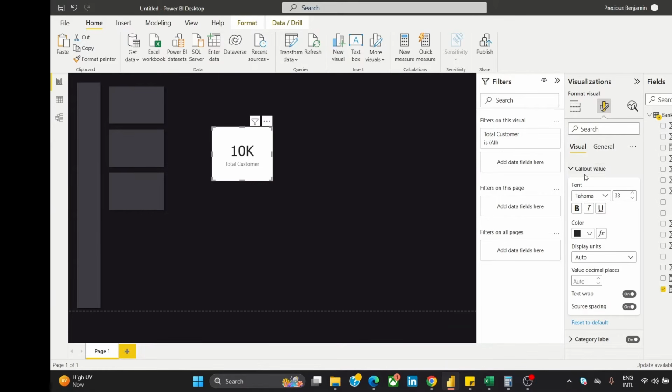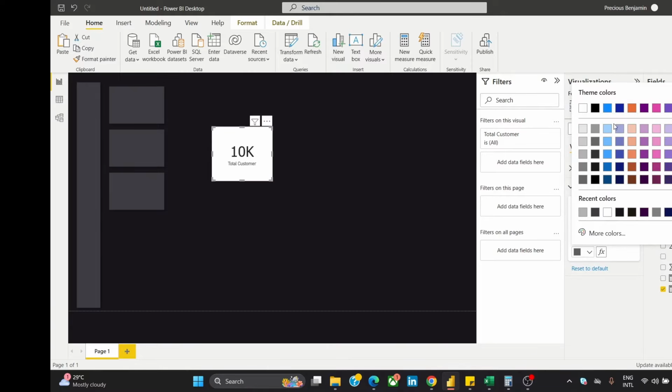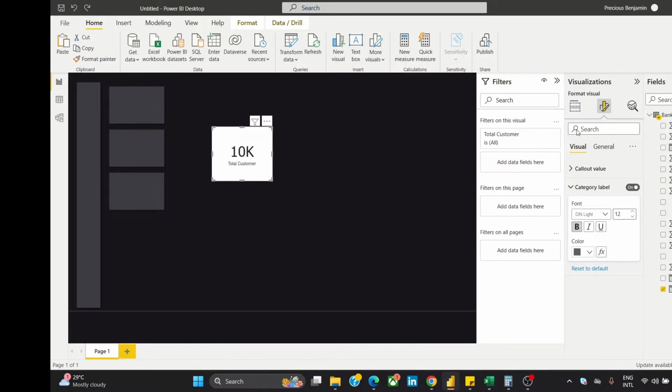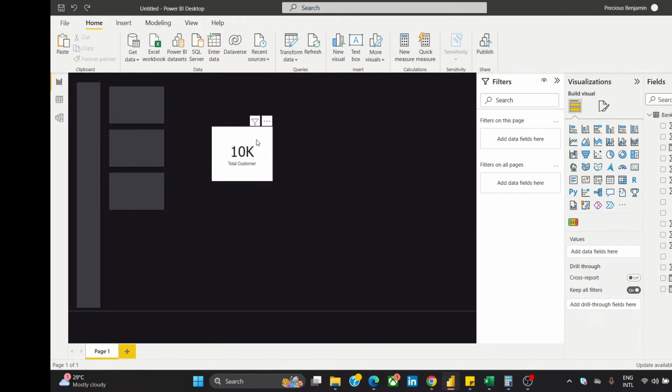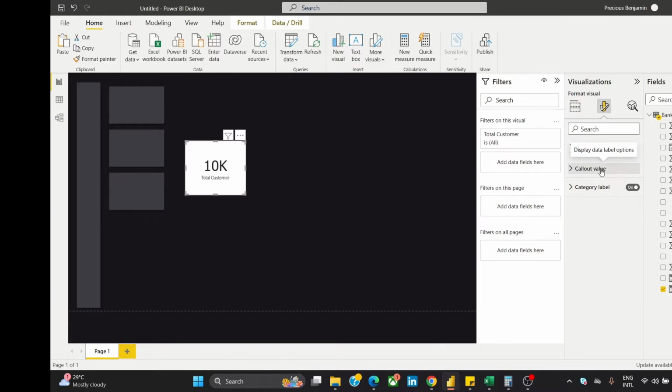Then the next thing I want us to do is go ahead to the category label. So it has our total customer. For this, do we do light? Let's just leave it at dim light. Okay, I think we should leave it that way. So what color should we give it? Should we leave it as white? Okay, that will be giving us white on white. That will disappear. So we can actually change that later, but for this, let's go ahead